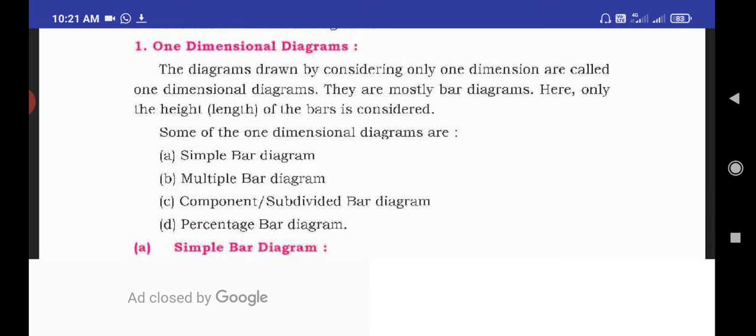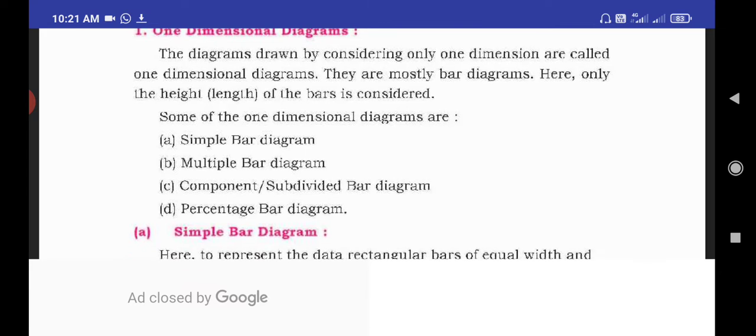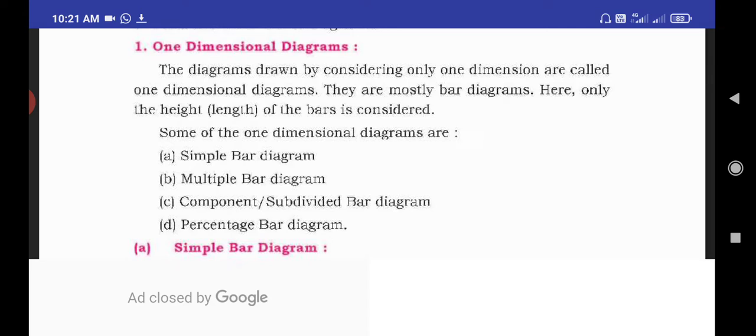When we are drawing a diagram, we give importance only to one dimension, one character, one quality of information, one way of information. When we give importance only to one dimension, that type of diagram is called a one dimensional